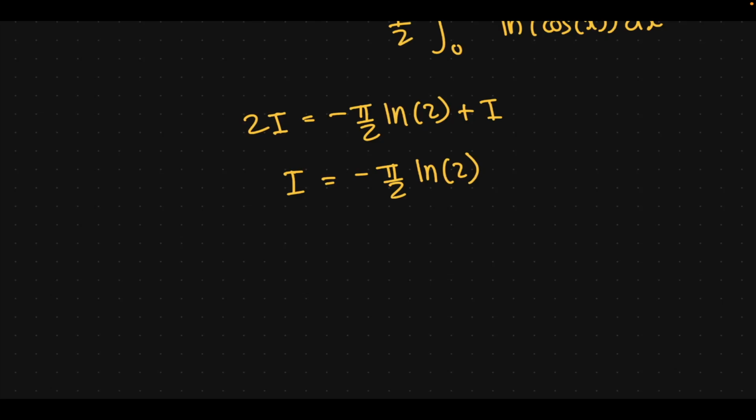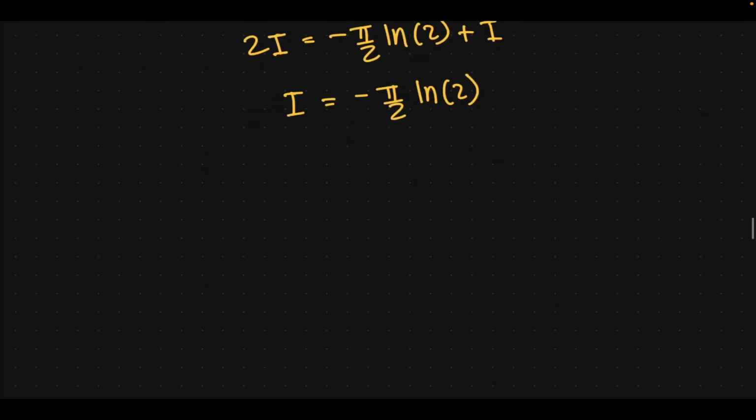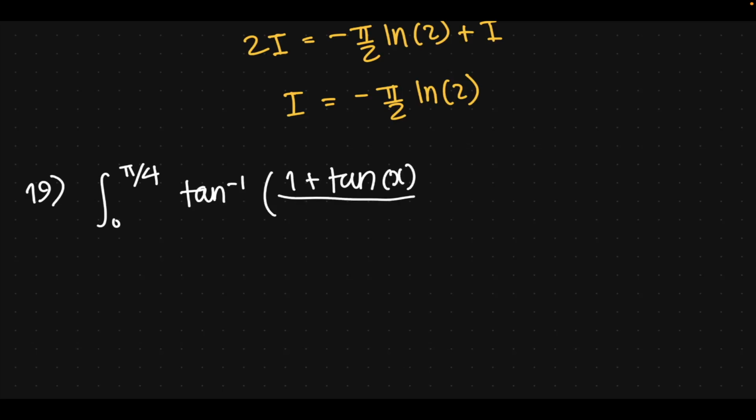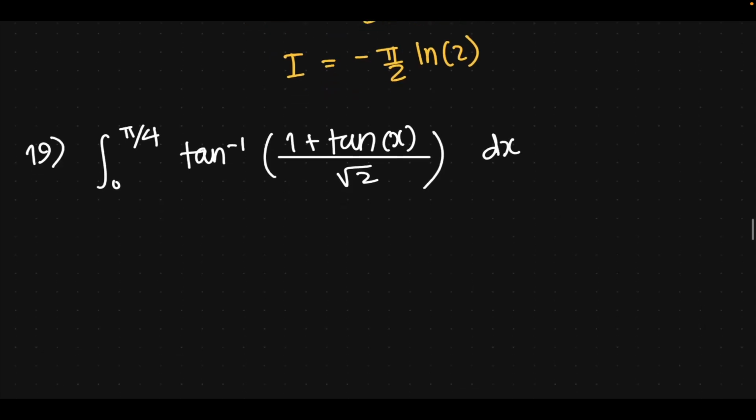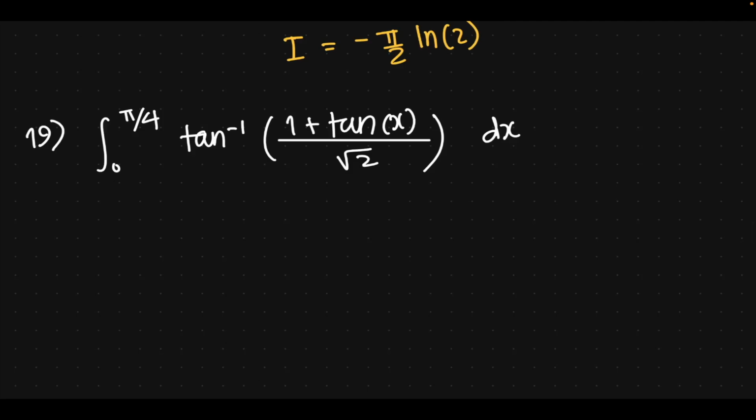And now the last two questions to be covered in this video. Question 19: integral from 0 to pi over 4 of arctan of (1 plus tan x) over square root 2 dx. Now, this property of using symmetry in this case is not really obvious to people, but if we use King's property,